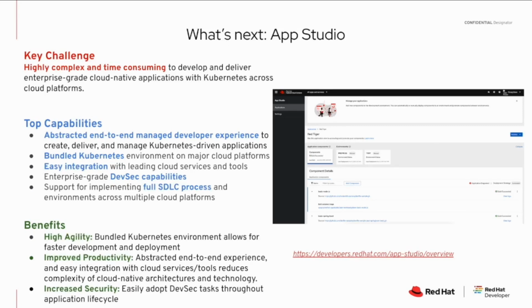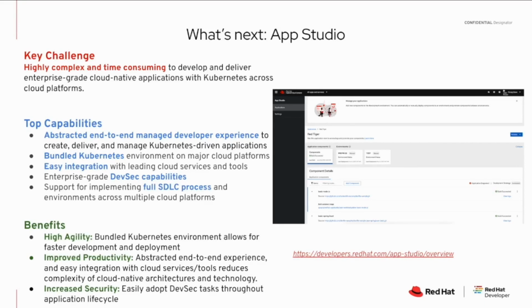As you bring in different applications, we want to make it easy to integrate with leading cloud services, bring in enterprise grade developer security capabilities around vulnerability management, around secure containers and things like that, and give you a way of implementing your full software development lifecycle. Let's face it, apps just don't get deployed into one environment. Then you have to carry it forward into all the other environments of your choice, whether it is going from dev to test to user acceptance to pre-prod to prod. It depends upon your company and your setup. But how do you do all of this from a single place?